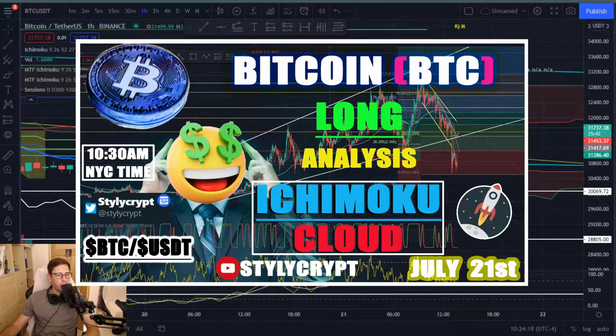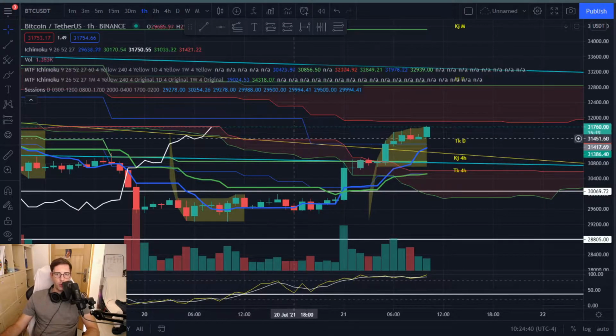Yo guys, I'm going to make a video about the Ichimoku and Bitcoin analysis, so bear with me. It's going to last probably 10 minutes, 15 minutes, but you will learn a lot. It's how you can get good at it and then trade long or short term and on a different time frame. Ichimoku works for everything, so it's good to watch,